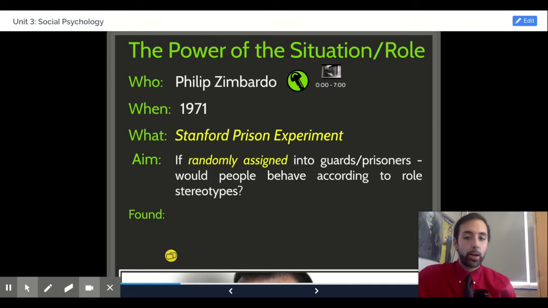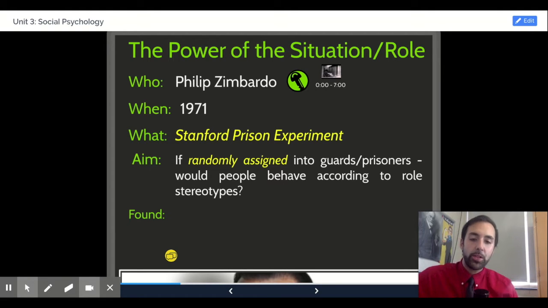Philip Zimbardo conducted his work in 1971, so we're talking the decade after Milgram, and he conducted the famous Stanford Prison Experiment. And it is in that study that he took his participants and randomly assigned them, a concept from Unit 2, randomly dividing them up into one of two groups, into either the role of guards or prisoners. And what he did was design a mock prison. And after each individual was assigned to the role of guard or prisoner, they took shifts acting in that role. So people would stay on for 8 hours as if they were working at the prison and take on the role of a guard. And then you would have prisoners who would stay locked behind bars, taking on the role